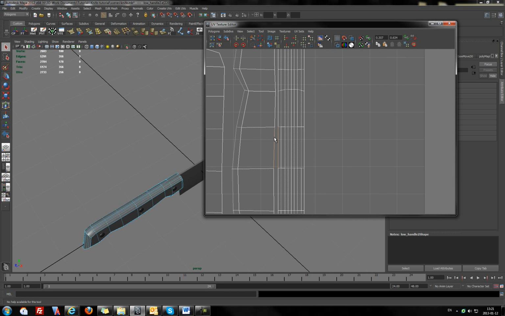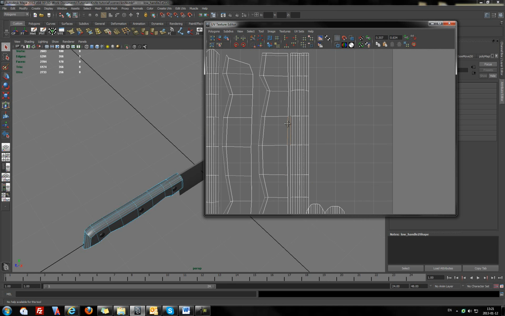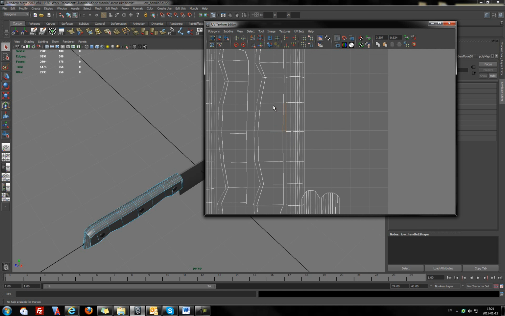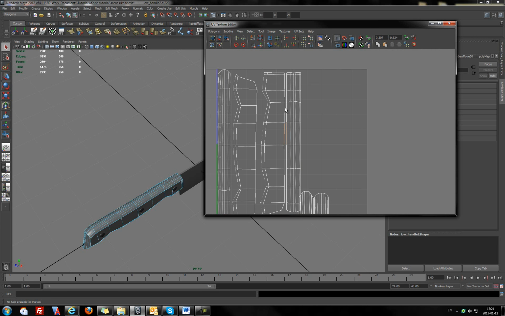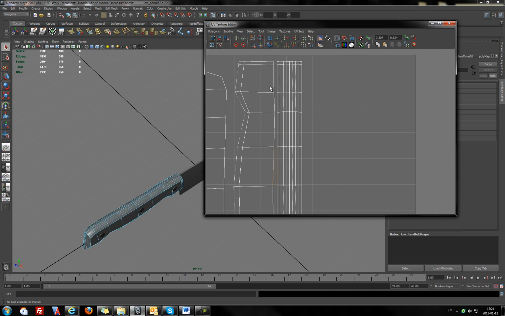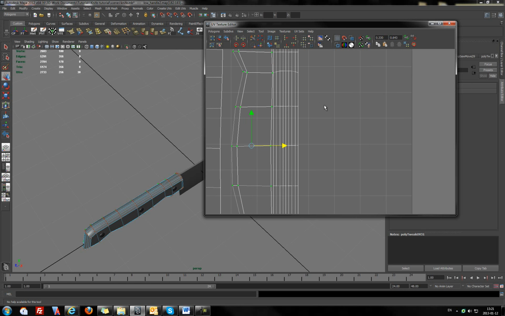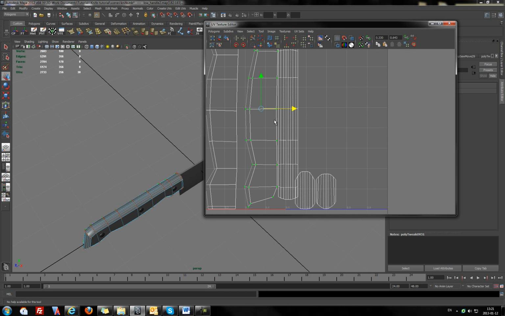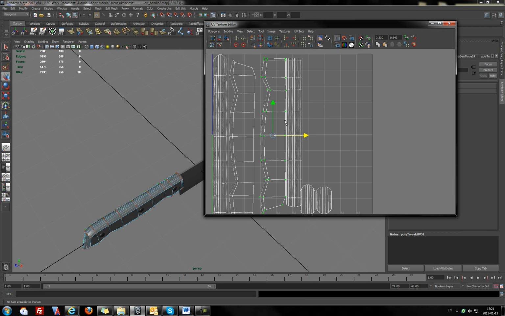Yep, that will be the same side of the handle, and we can of course tweak the position a little bit closer to this top part, and we can use the merge move and sew tool, but I won't use it because